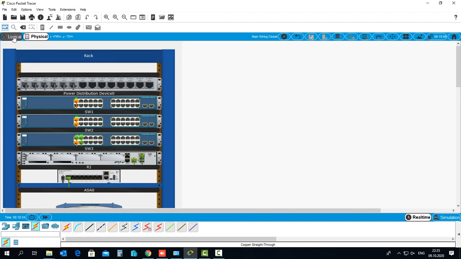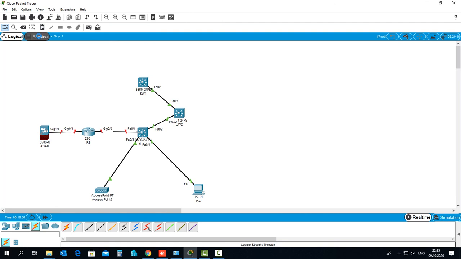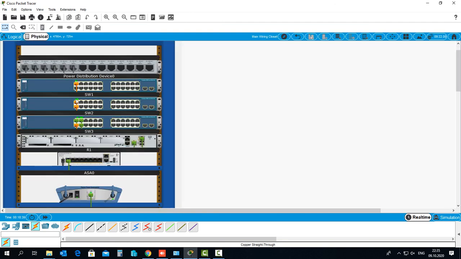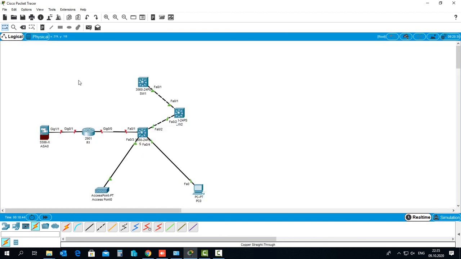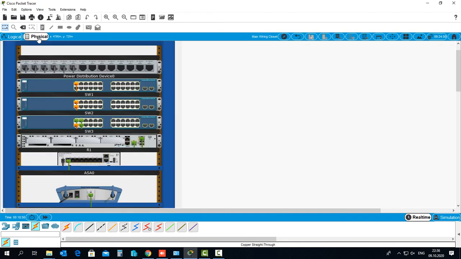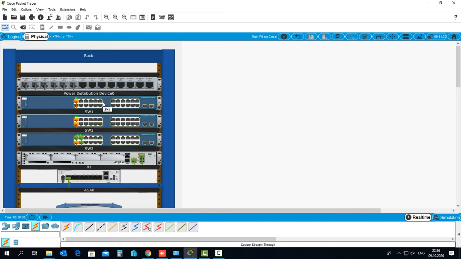Okay, so we can use this view or this view. Of course, most of the time we'll use this logical view. Of course, we need this view to work with Cisco Packet Tracer, to build the network diagrams, for testing and everything. But this view is just an additional tool to see what we really have, to see devices, how they look like,